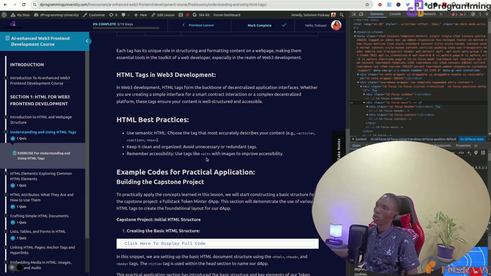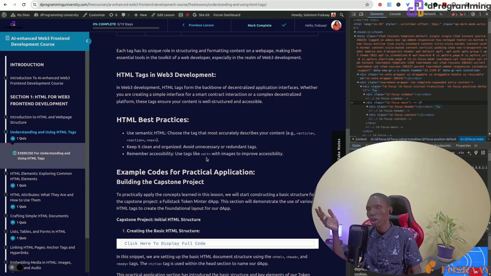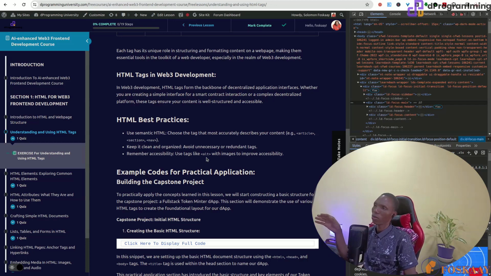So when you use the alt, for example, it gives a description. At times you load an image, maybe due to slow network or the image is not found, and it will just show a broken image. Instead of just showing broken, also add a description about the image. So okay, this is what this image was trying to show, even though it didn't load. So then the next one